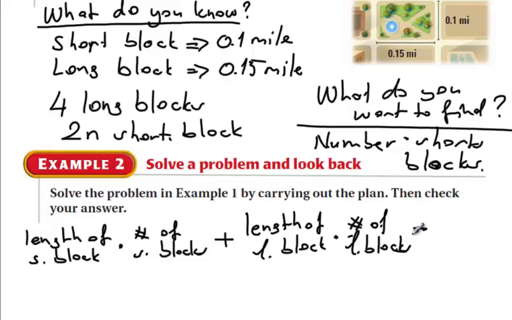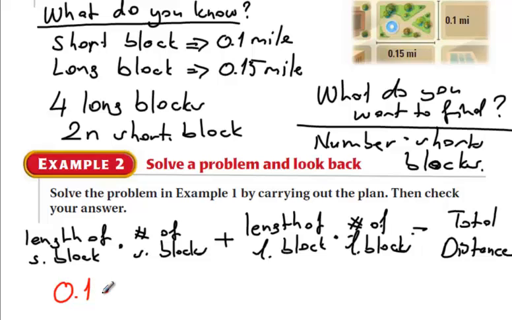It's going to give us the total distance. Now let's try to write them down. Now the length of a short block is 0.1 miles,